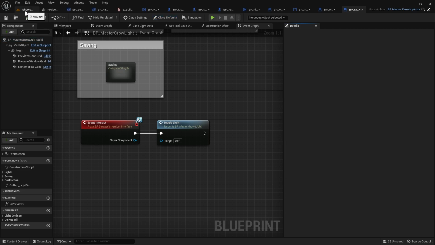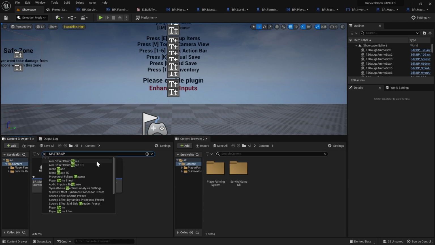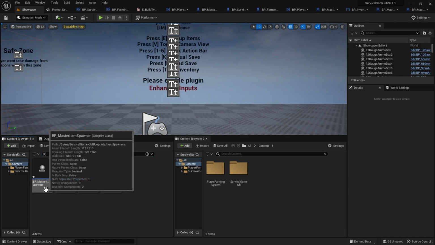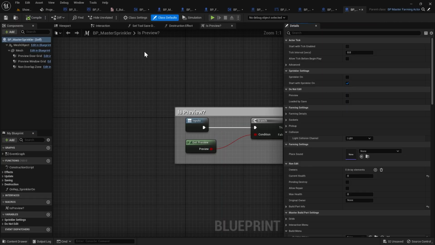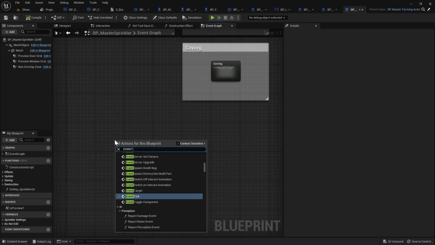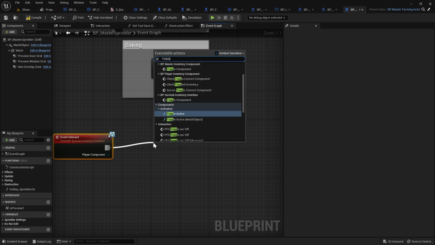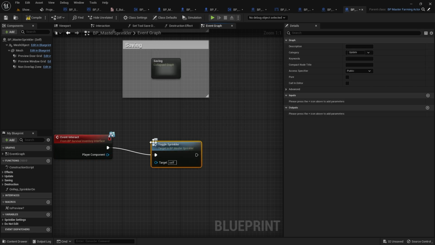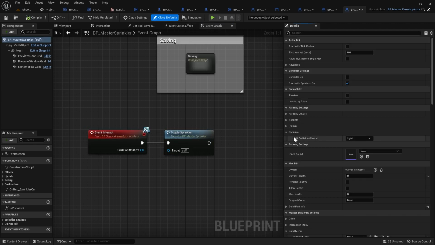Then we're going to do the same process in the sprinkler, so just search for master sprinkler and find the master sprinkler, which is here. Open that up, and again we'll go to the event graph, right click and do event interact, and drag out from that and do toggle sprinkler. Then we can compile, go to the class defaults, again make sure the light collision channel is set to light,